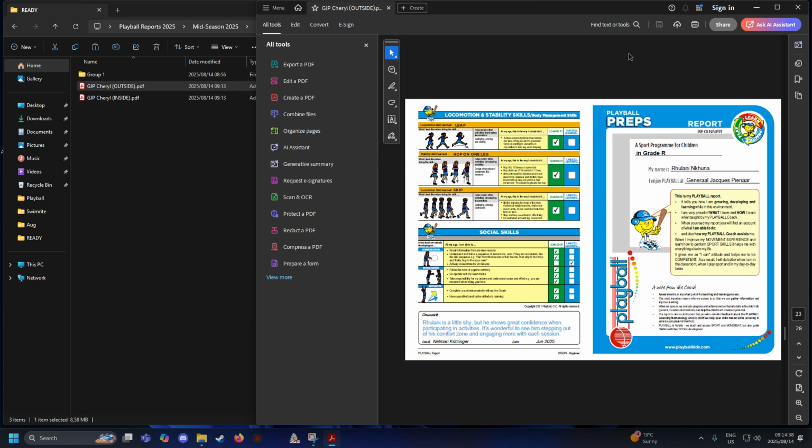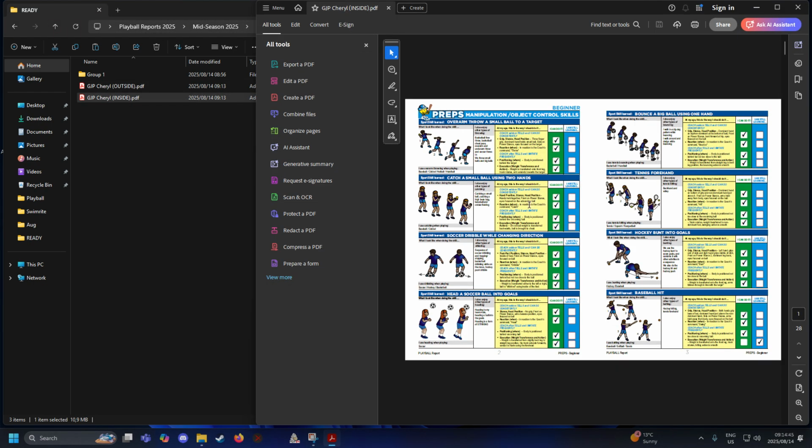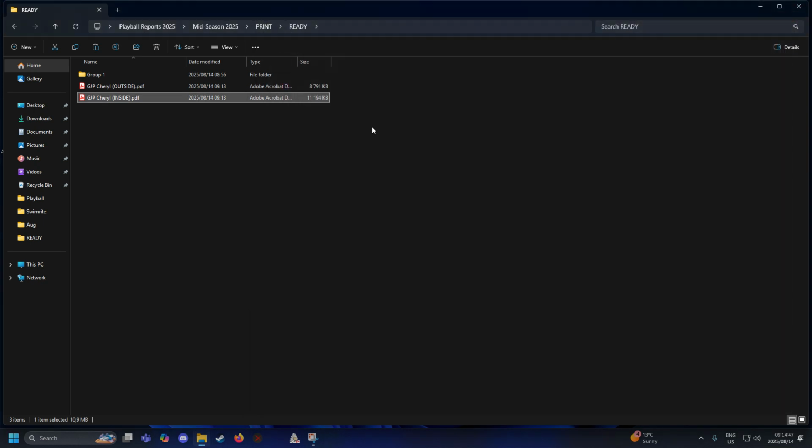Okay, all of them are there. And we can now go and check if the inside is correct. Okay, that is the inside of the report. So in doing this, then you do the next school,